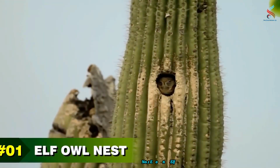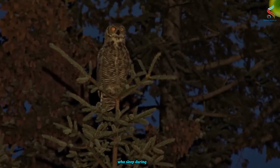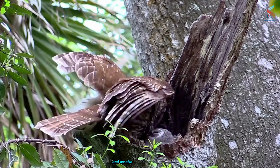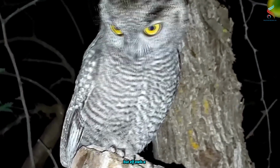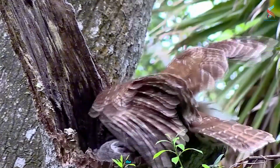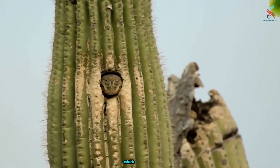Number 1. Elf owl nest. We all know about owls who sleep during the day and are awake at night, and we also know that owls mostly make their nests on the trunks of tall trees, but elf owls are not at all like normal owls. They build their nests not on tree trunks, but inside thorny cactus plants, which do not look like